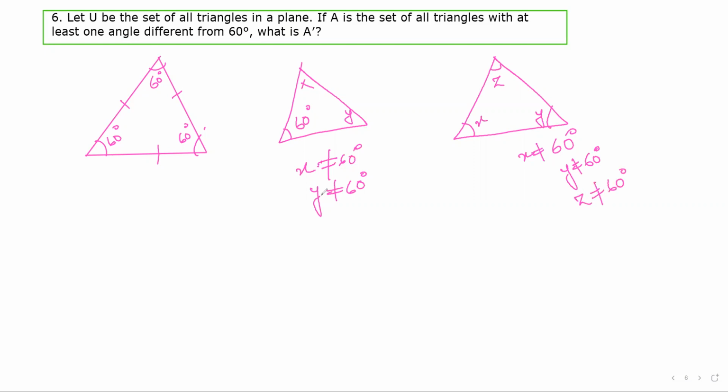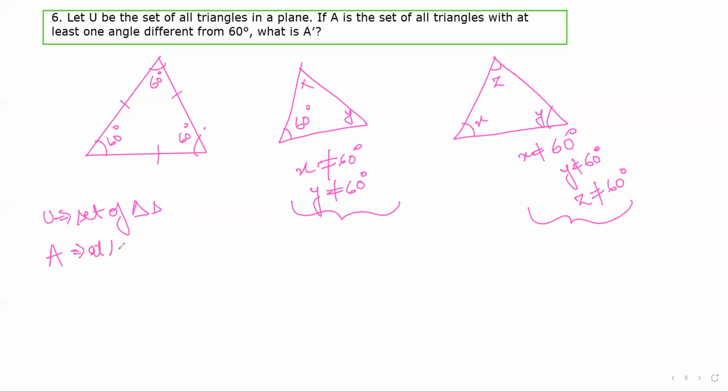When you say that U is a set of triangles, and A is a set of all triangles with at least one angle different from 60 degree. So this has two angles different from 60 degree. This has three angles different from 60 degree. Both would be considered in a scenario where at least one angle is different from 60 degree. So the second scenario and third scenario is A,